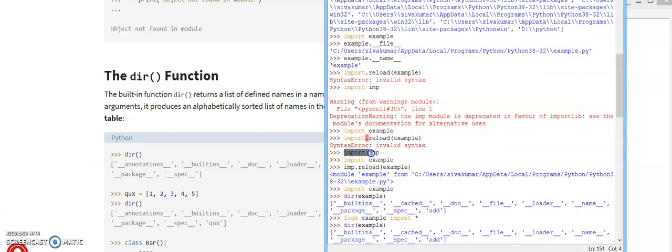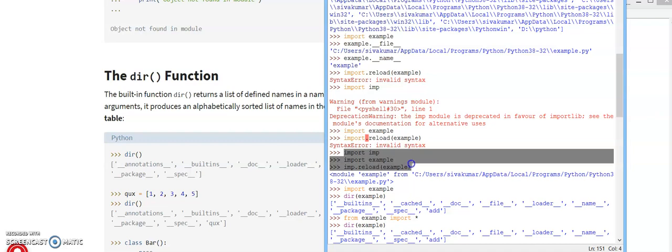So suppose you have already imported the example module, and once again you have made changes. After making the changes, you need not import once again. You just reload the file by giving this command: importlib.reload(example). It will show you the path of the file, that is, the location where the file is stored.